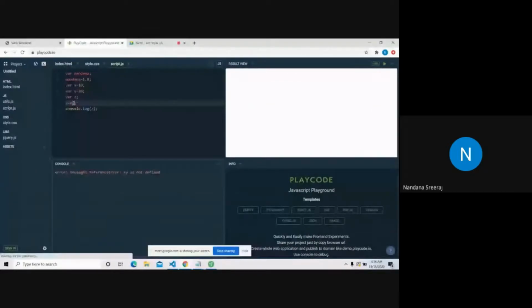And we have relational operators, that is greater than, greater than or equal to. If x is greater than y, no, 10 is not greater than 20, so it's false. And if x is less than 20, yeah, it's true. So we have different kinds of operators here in JavaScript. We can use them if you have to compare two variables or add two variables. This is found in any programming language, so JavaScript also has that.